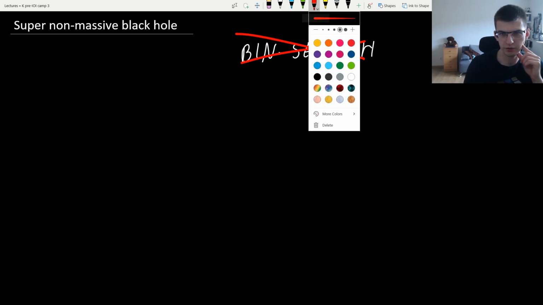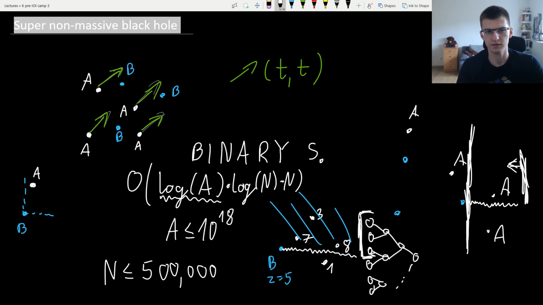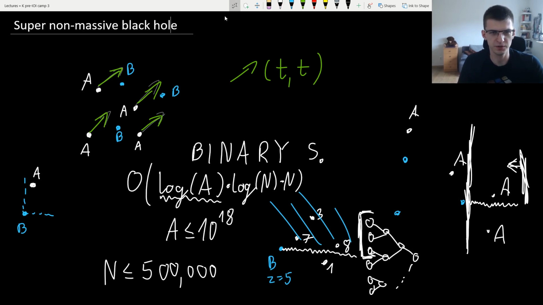We want to now avoid binary search at all. What seems like a bad idea. I would go in binary search direction for sure during the contest, but there is a faster solution without binary search. And in a lot of problems, what is very important is just to try with some observations. Maybe, for example,